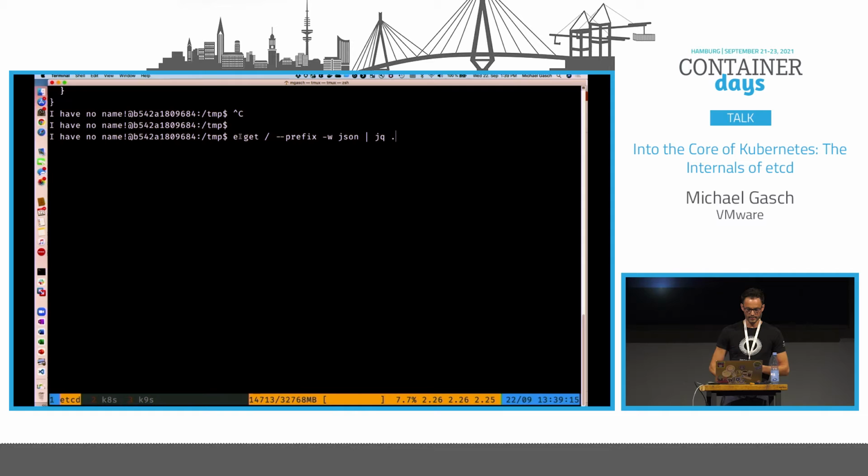And I just have aliased this to E here, basically that's the short handle. And then we say, etcd, give me everything that has a slash. Dash prefix means everything that starts with a slash, meaning if you know grep, the grep tool in Linux, it basically means everything that starts with a slash should be included in the response. And give me JSON output, formatted output, and pipe it into jq, which is just a nice way of